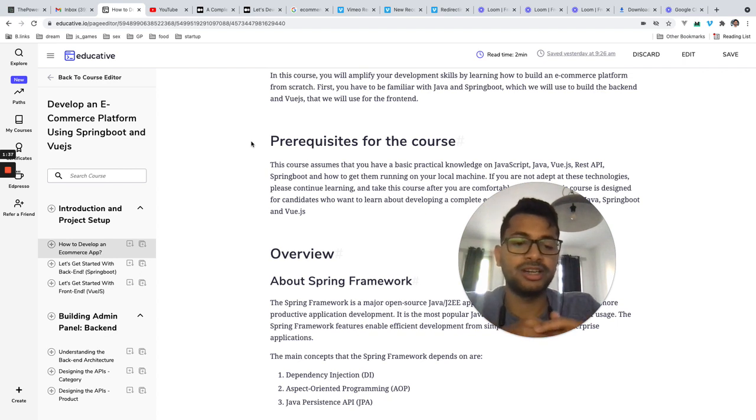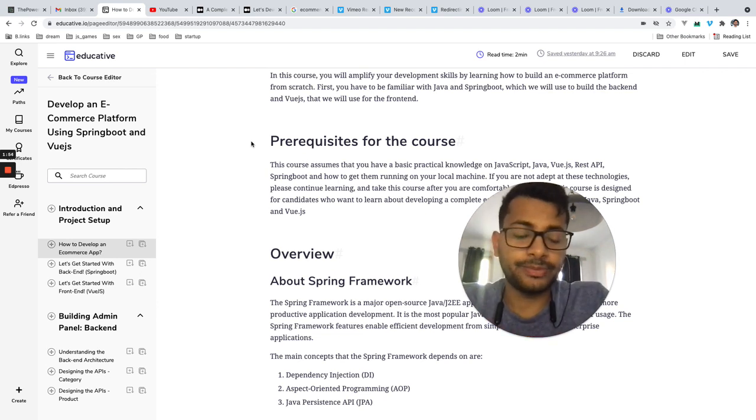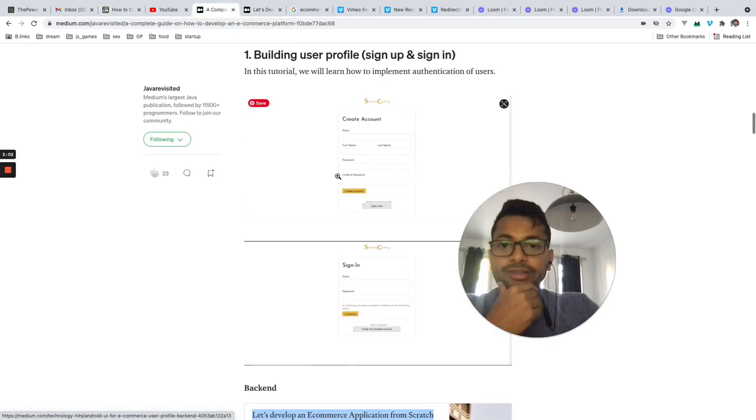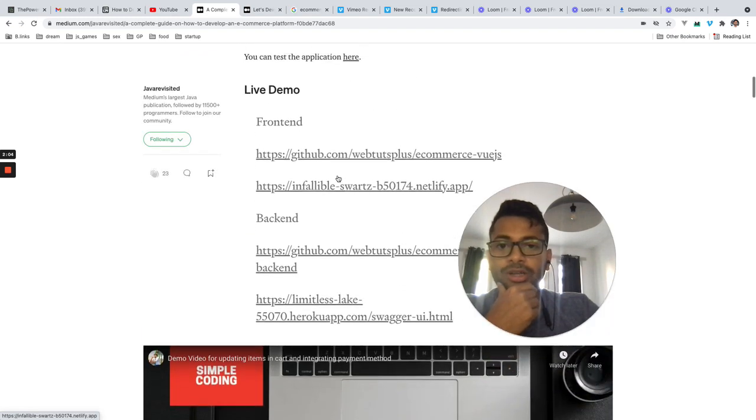And Spring Boot is a framework to create web applications very fast, very simple. And we will use a relational database SQL to create this course. So first I want to show you a demo of what we are going to build initially.